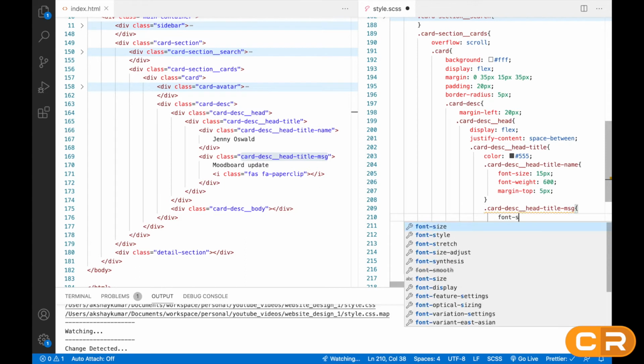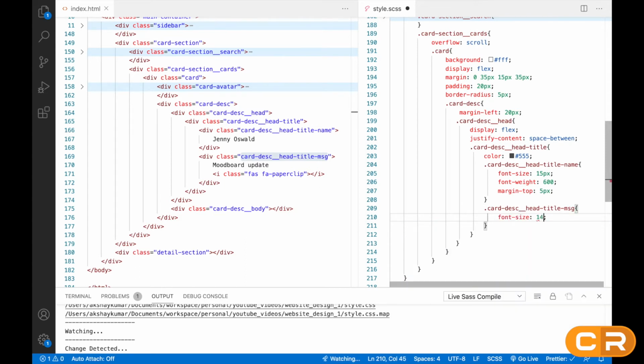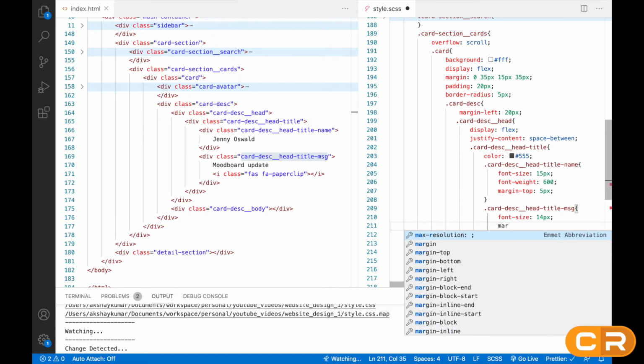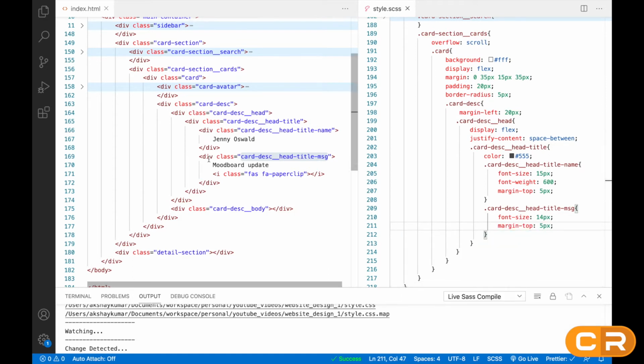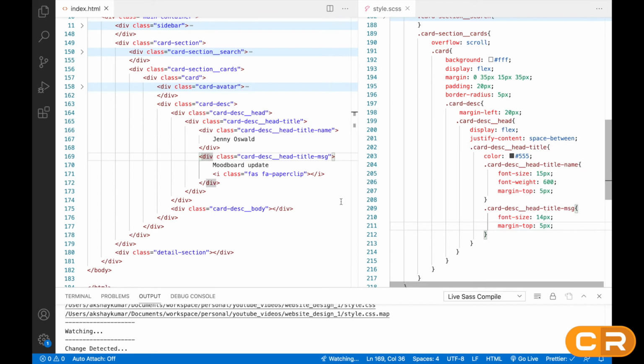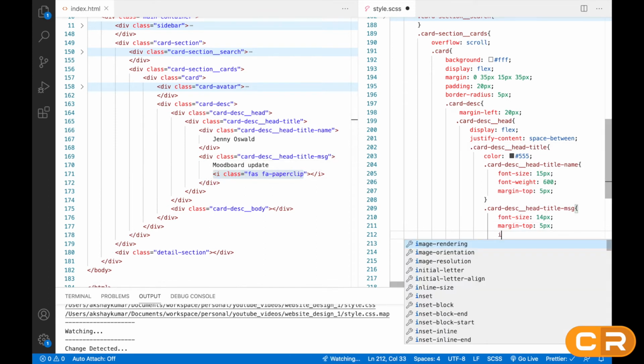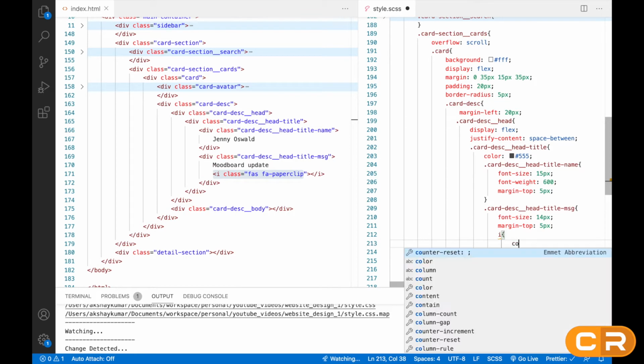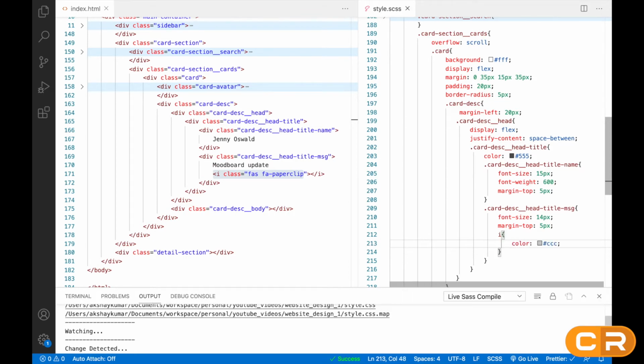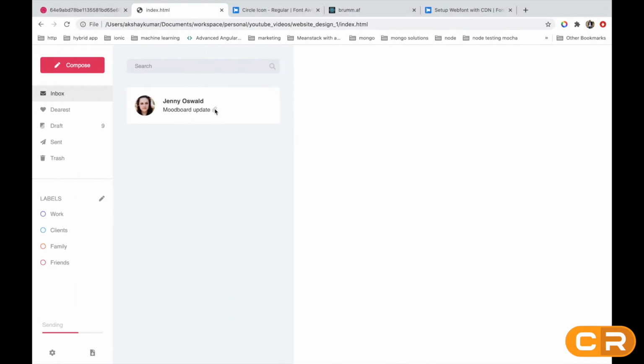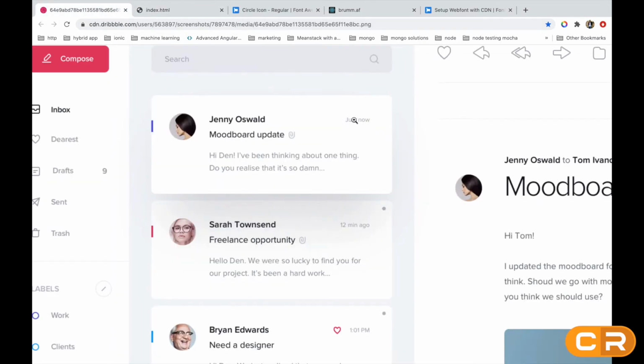Then here also we have to give font size 14px, then margin top 5px. Okay, inside this message, we have this icon also, right? So we can write i here and we can write a light gray color, right? So it will look like this.